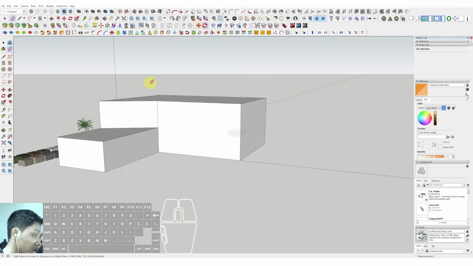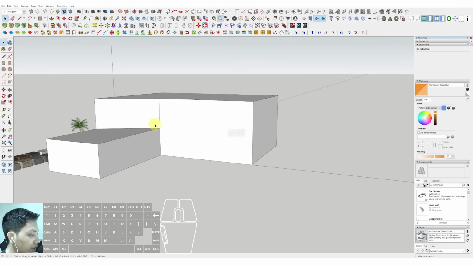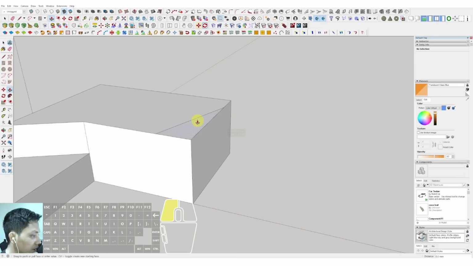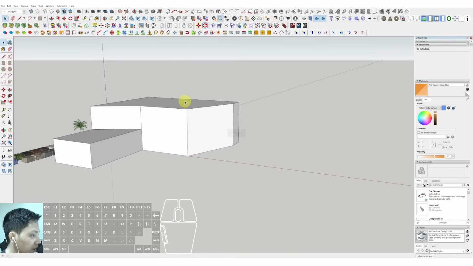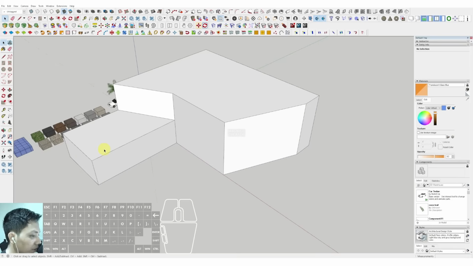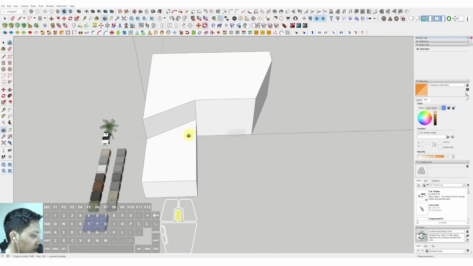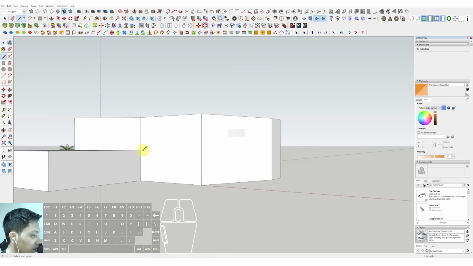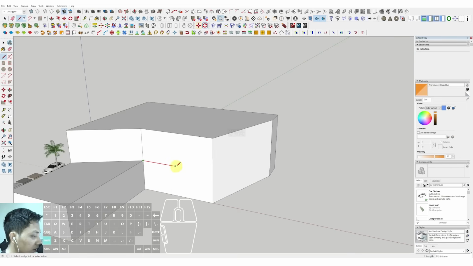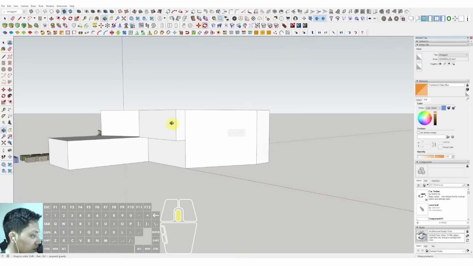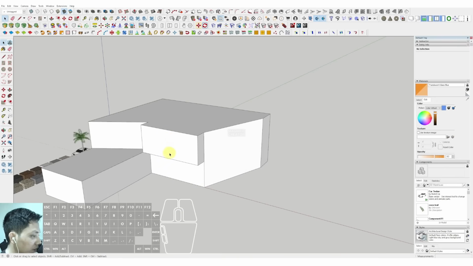Okay, and after that we can select this line and make the diagonal line over there. Then we can make the basic meshing with this meshing like this. Okay, and then we can select the line. Okay, then we can push it to the front in here, and we can triple click and